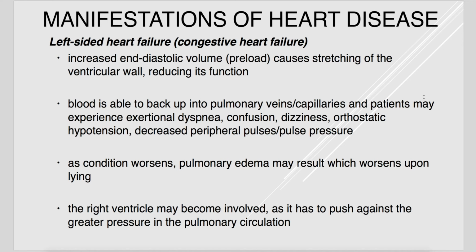So as the ventricular wall is stretched and its function decreases, blood starts to back up. Okay, remember, the left side of the heart receives blood from the lungs. So as it's failing, blood is starting to back up into the left atrium, into the pulmonary veins, back into the lungs. And patients will have dyspnea, especially upon exertion, but not always just exertional. Orthostatic hypotension, so drops in blood pressure upon standing, decreased pulse pressure, decreased peripheral pulses,